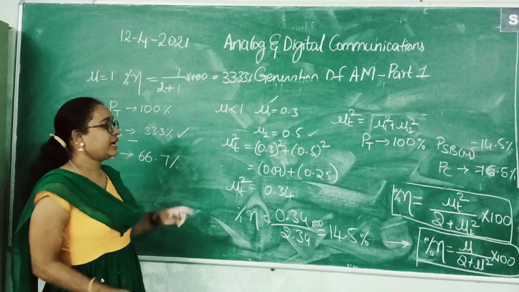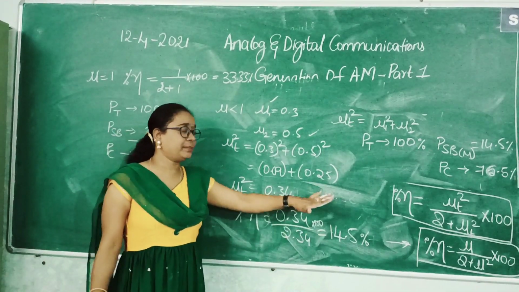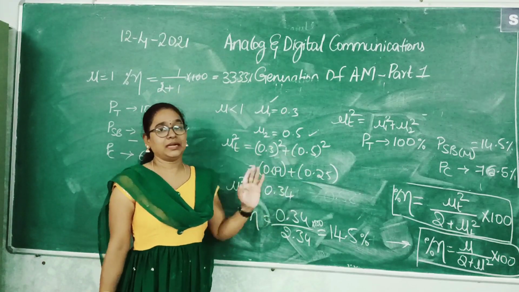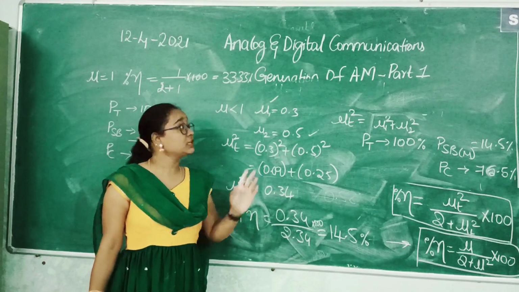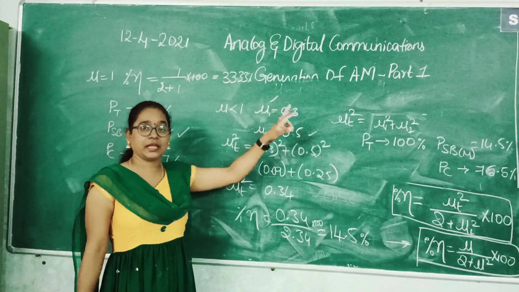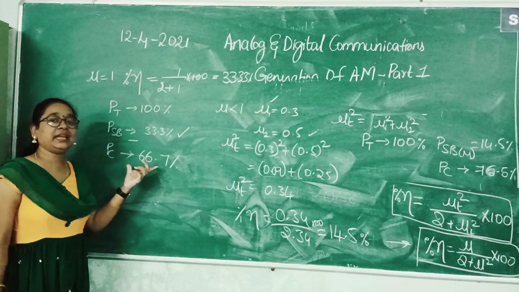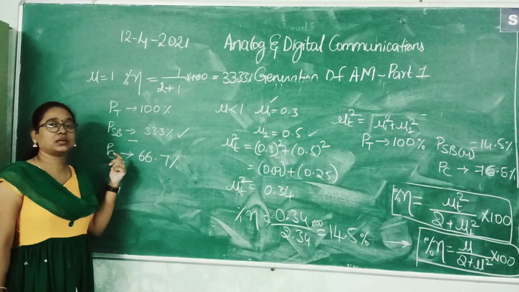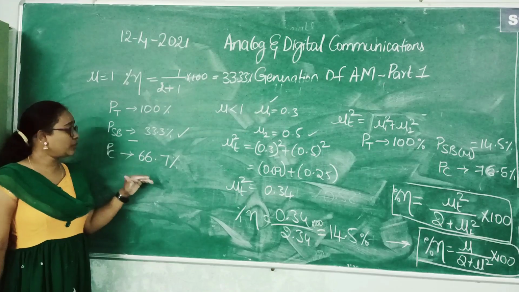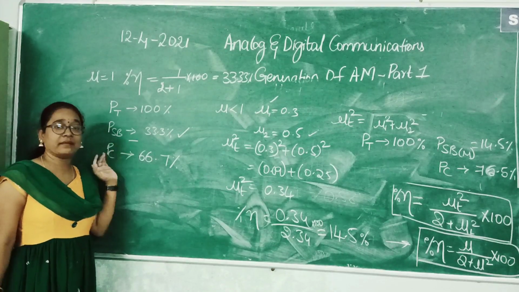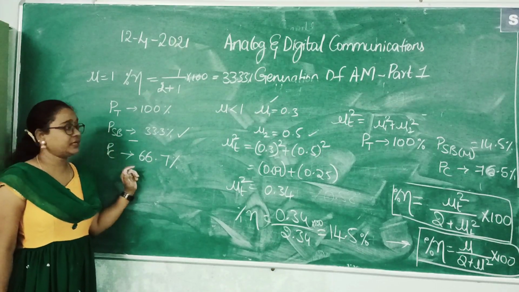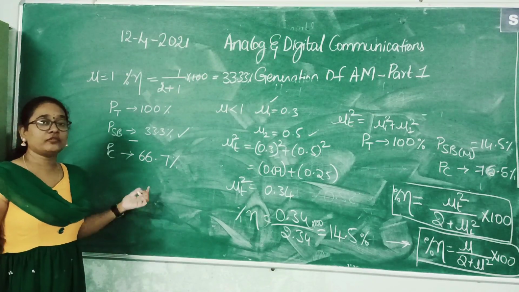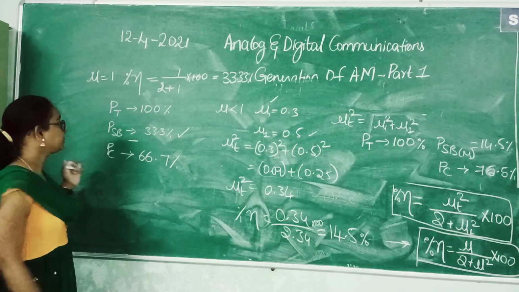Hope you all understand how to calculate how much sideband power is retained in single tone as well as in multitone. What is the conclusion for AM? The power is wasted in the carrier. Why waste? Because the carrier is not carrying any information, so why allocate that much power to the carrier? That is the disadvantage of AM. The bandwidth is also twice that of the message signal frequency.